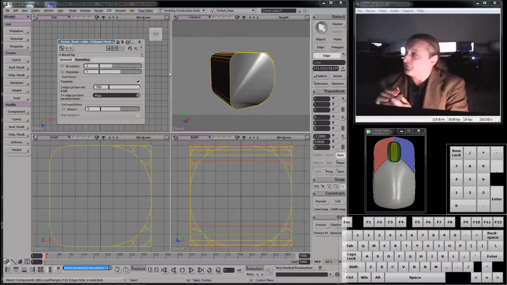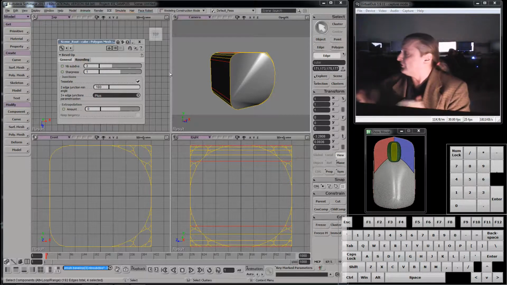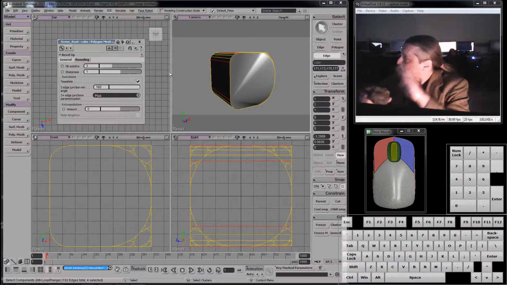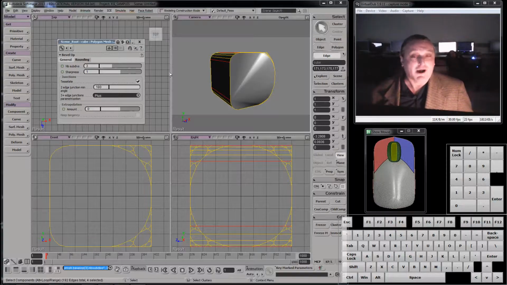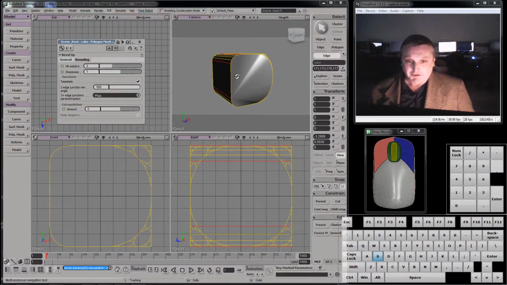You start with a simple shape, a primitive, oftentimes a cube, but it could be another primitive too, and then you add just enough detail. You don't want to add way too much detail because then you have more work to do later. So you try to slowly add detail as you work towards the shape of your object. I'm going to leave that like that,